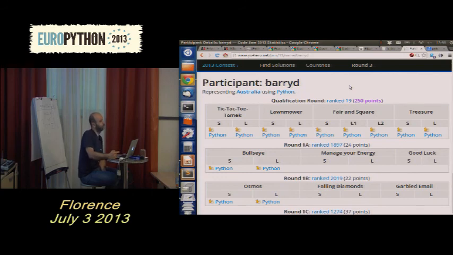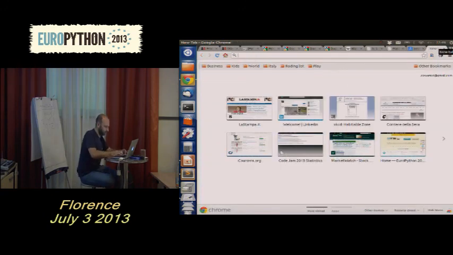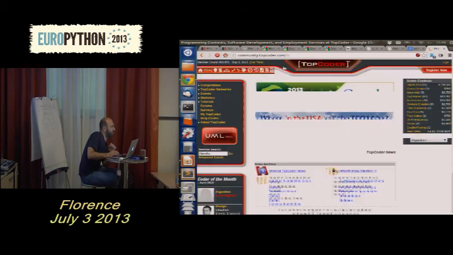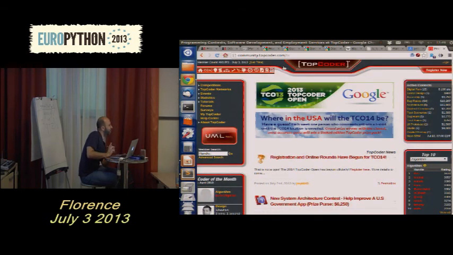The biggest community is the TopCoder community, but they don't have Python. Not sure, there are a couple of other communities. TopCoder is this one. There's Project Euler, which I'm not sure has a community, but it has a lot of practice problems. Then there are Sphere and LightOJ, where you can also do a lot of practice. You have points, but I'm not sure there's a big community because it's an old project.